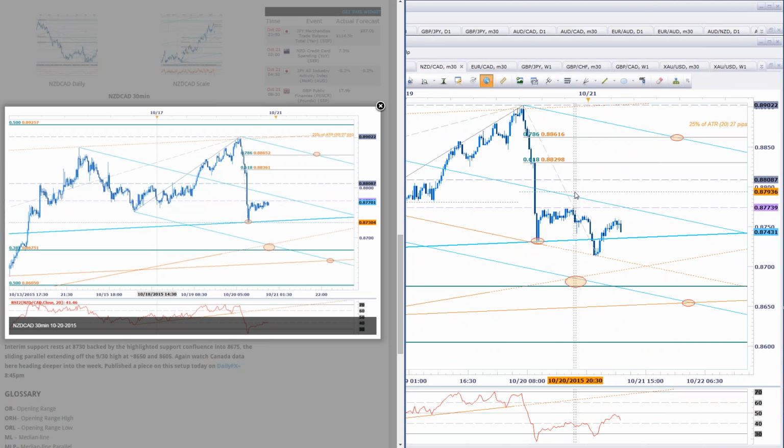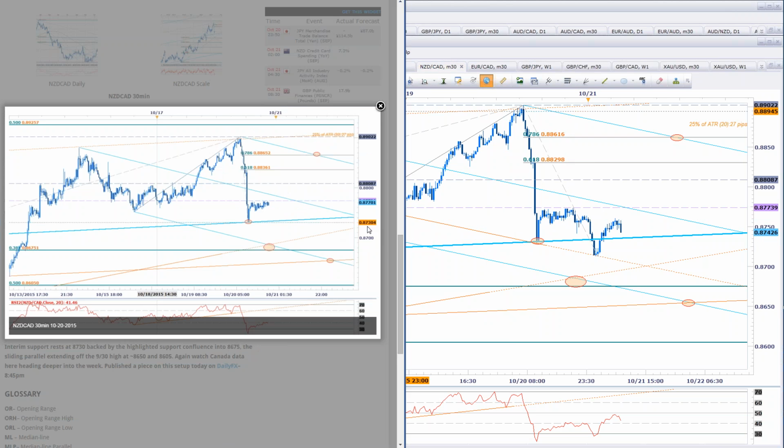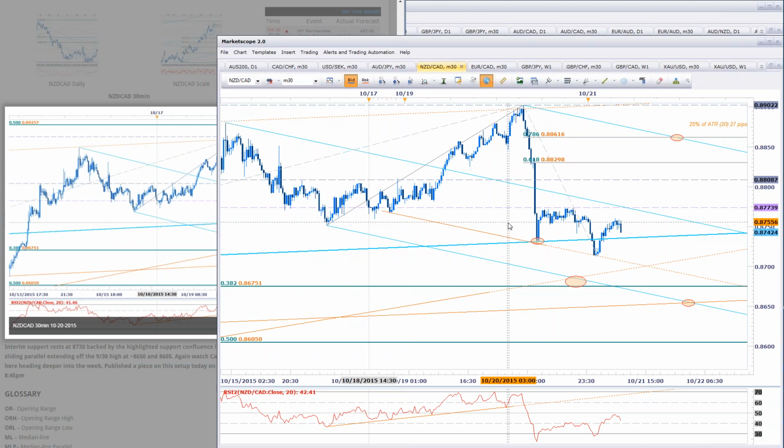And that move came into that 87.30 target that we noted here last night. Okay, now it overshot it by a little, and the only addition that we've made to that setup is this sliding parallel. So if you take a slider of the same slope that we were working with on that pitchfork, and just connect it to the lows that you made here earlier this week on Monday, you can see that catching the lows pretty nicely.